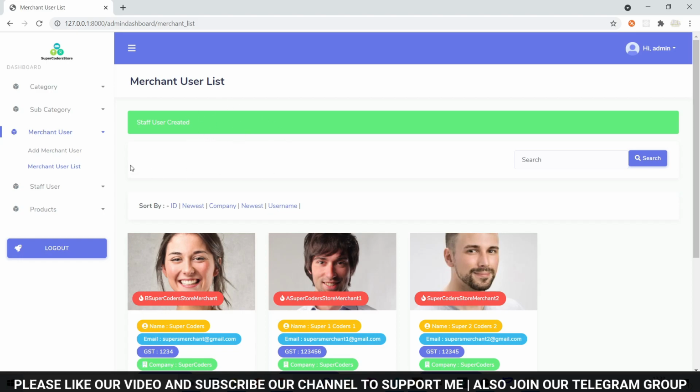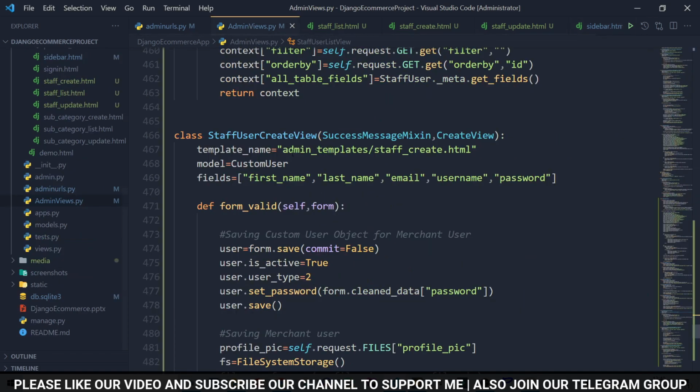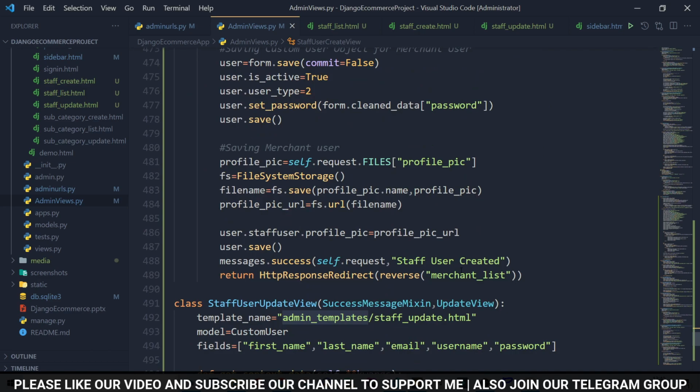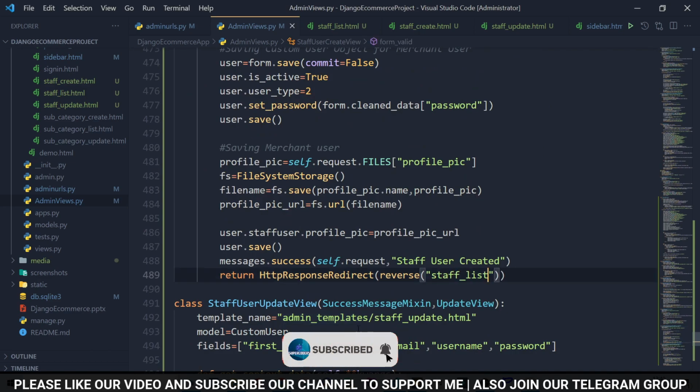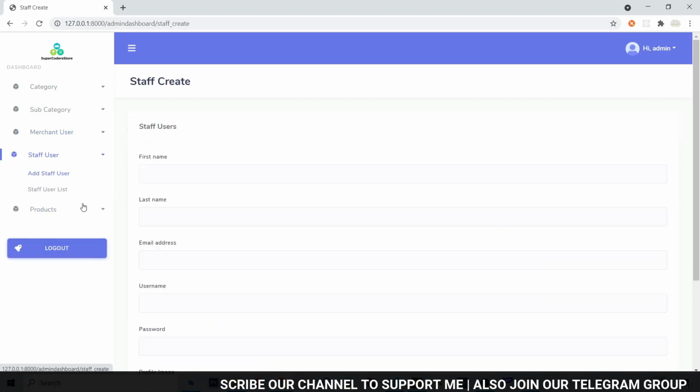me to merchant user page. So let's see what is the problem. So here staff user create view, after adding staff underscore list, save it, back to Chrome, again come to staff user, add staff user, adding a new staff.